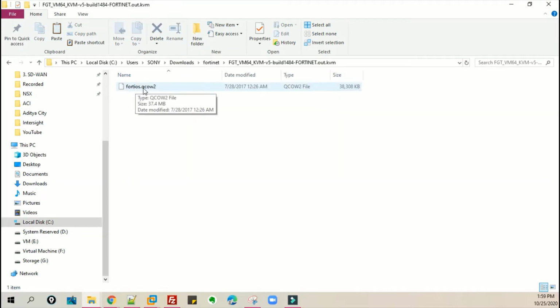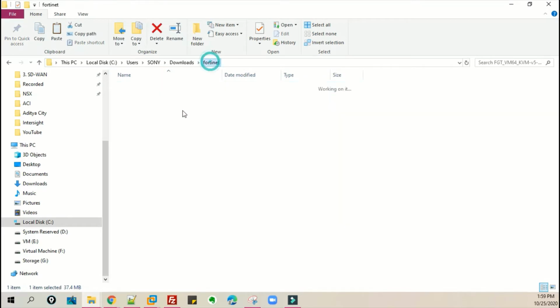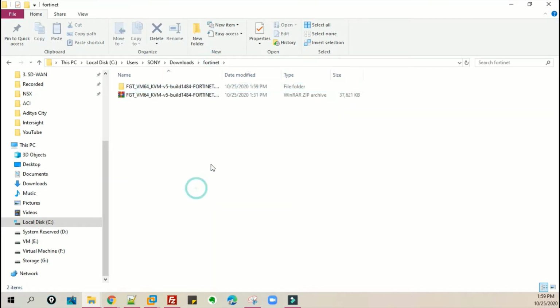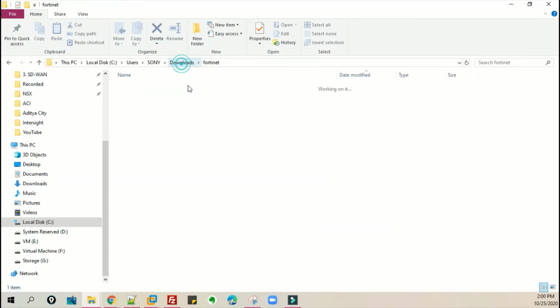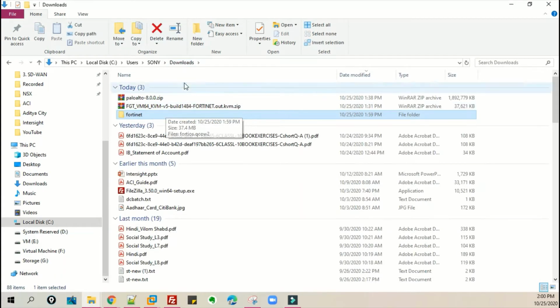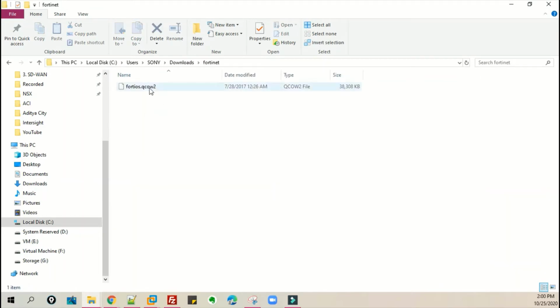We have the fortinet.qcow2. Let's copy this file and move it to the main folder so that we can transfer this file to the EVE-NG, and delete all the remaining folders. Now the image has been copied to the main folder, which is Fortinet, and we have deleted the remaining files.